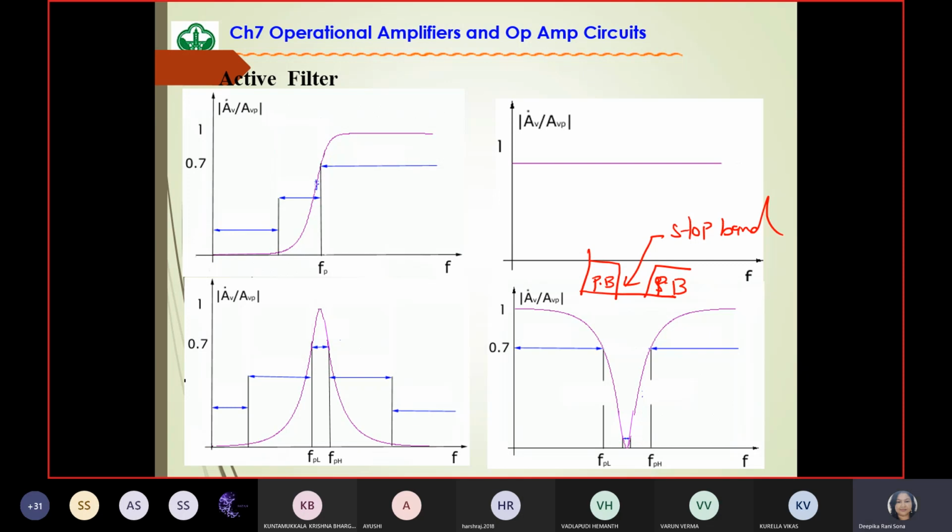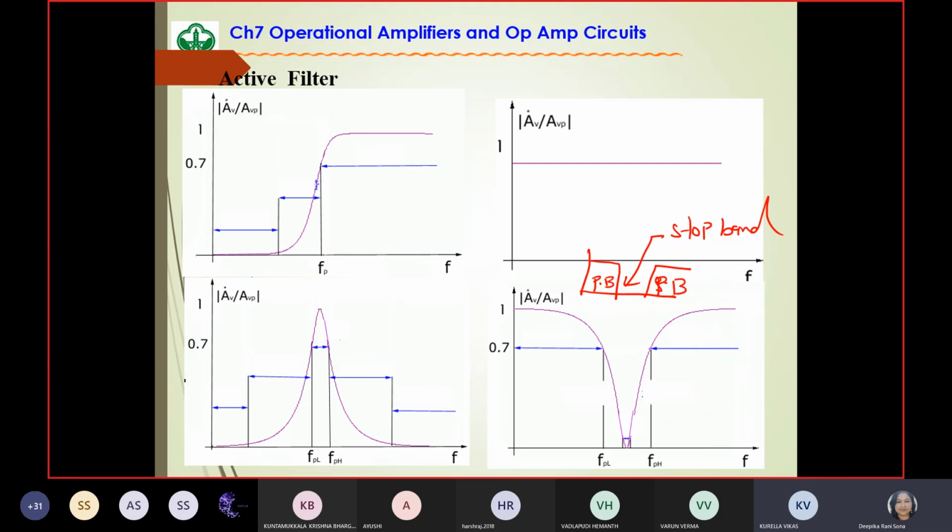What are the two filters I have to use? I informed you one low pass and one high pass, but which filter do I have to connect first, that you have to answer. Vikas has already answered that. He told that first we connect the low pass, then high pass. First low pass, then high pass. And what about the band pass filter then? Band pass, ma'am, first high pass, then low pass.